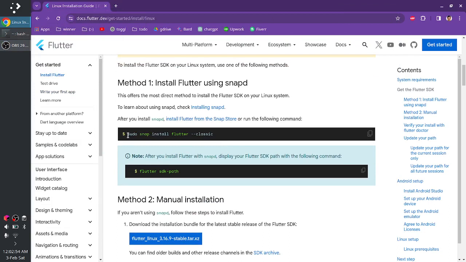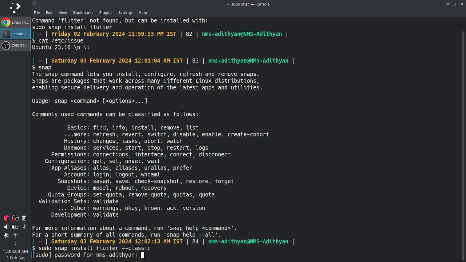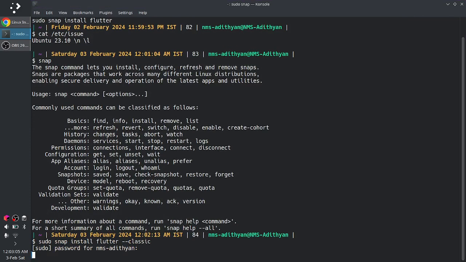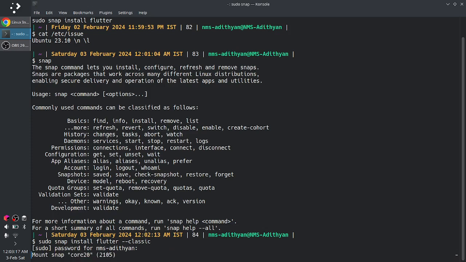This is the command, I am just copying it and pasting with shift insert, enter. It is asking for password, I am typing my password. So it is doing something. Download snap core 20 from channel stable, so whatever it is doing, let it do. Before doing this step, please make sure your machine is connected to the internet. Okay, so let us see what it does. So it has started